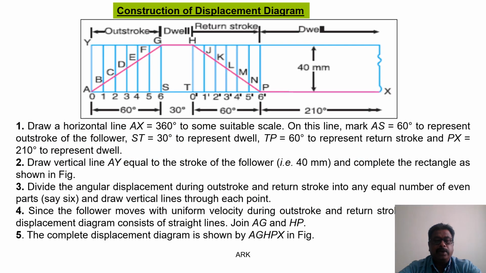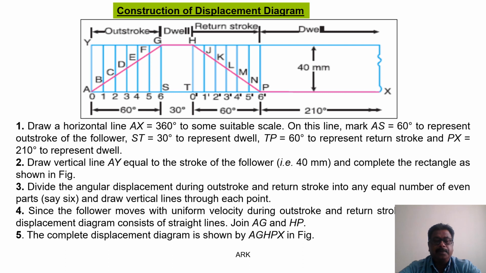So what we have to do is, first we have to construct the displacement diagram. The displacement diagram can be constructed in the following steps. Draw a horizontal line AX for 360 degree to some suitable scale. On this line, mark AS equal to 60 degree to represent the outstroke of the follower, ST equal to 30 degree to represent dwell, TP equal to 60 degree to represent return stroke, and PX 210 degree to